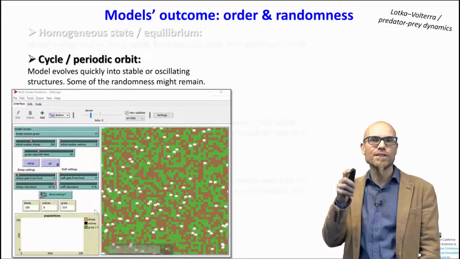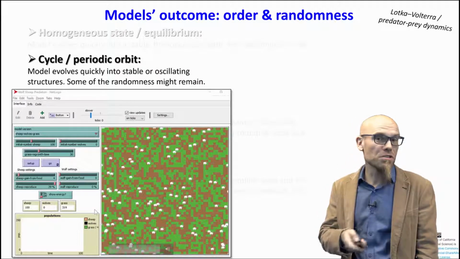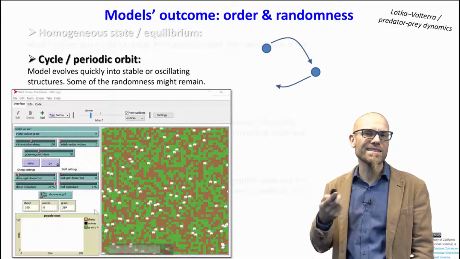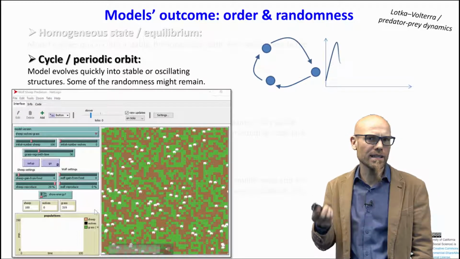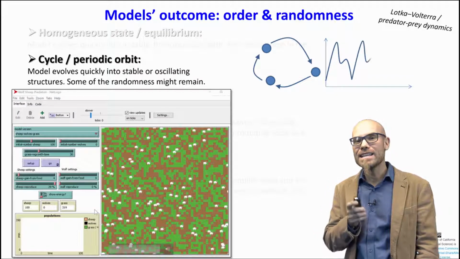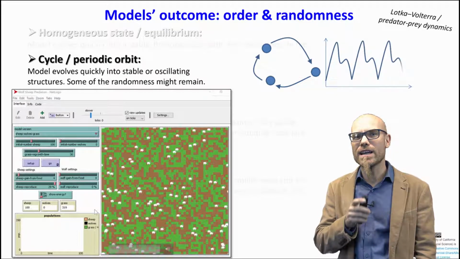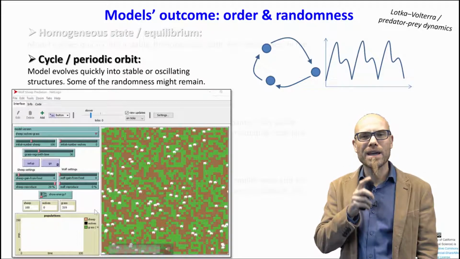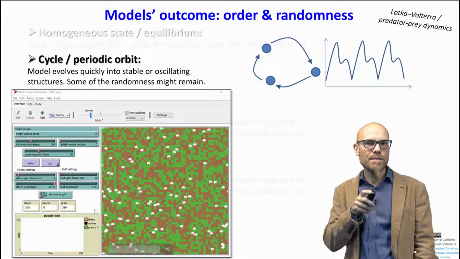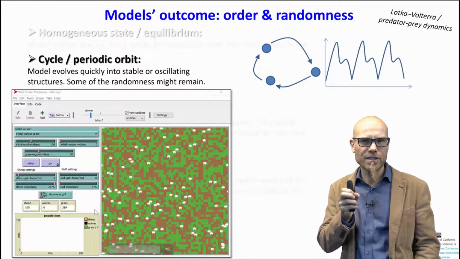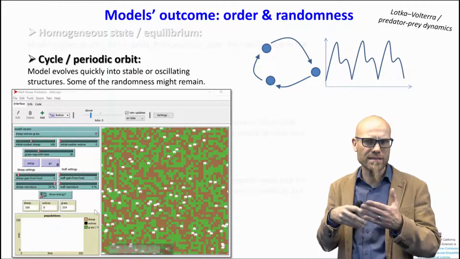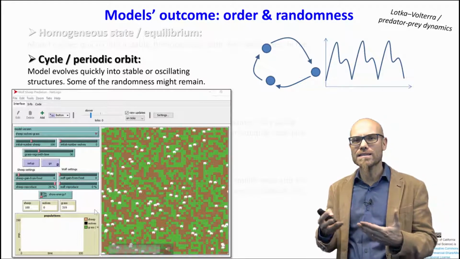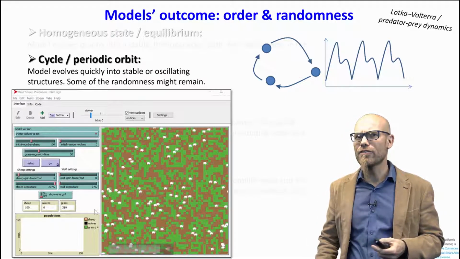The idea of a cycle is that something goes around in a periodic orbit, in a season, for example. A season is a cycle, and economic cycles are actually called cycles. Here what we introduce now is we get rid of the wolves, but we have the sheep dependent on grass. So the sheep eat grass. The grass doesn't move around. When it gets eaten up, it replenishes as well.